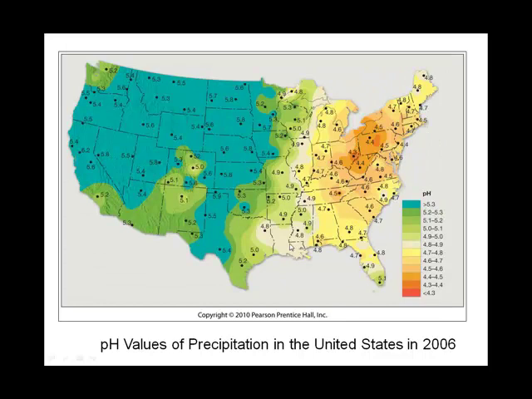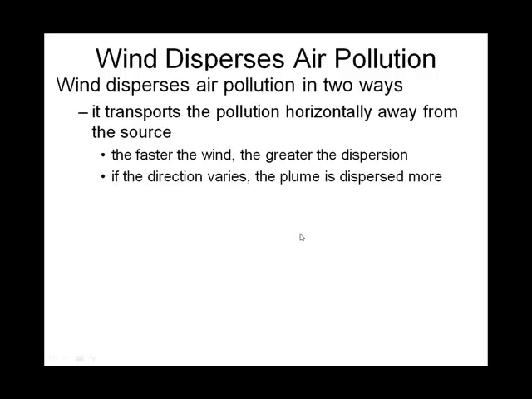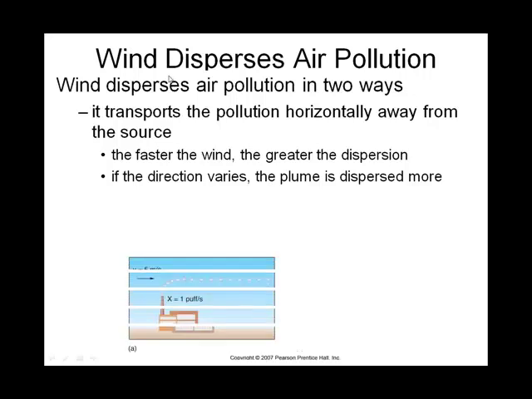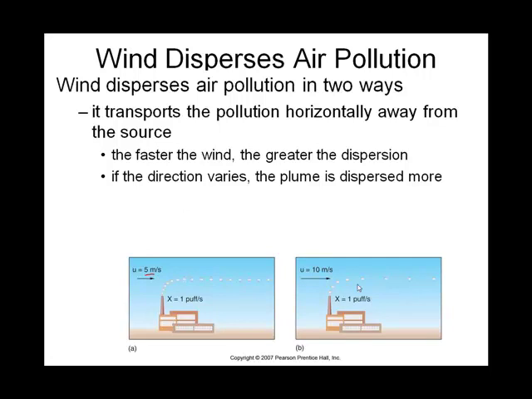So this is another look at pH values throughout the United States. This would be O6 values. So I mentioned that taller smokestacks help to clean the local area of pollution. But intuitively, you think that the wind is going to carry that pollution downwind, and it is. And so the wind actually does a couple of different things. For instance, if we compare wind running at 5 meters per second versus wind running at 10 meters per second, you can see